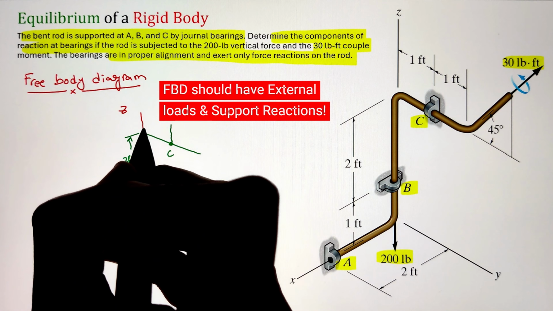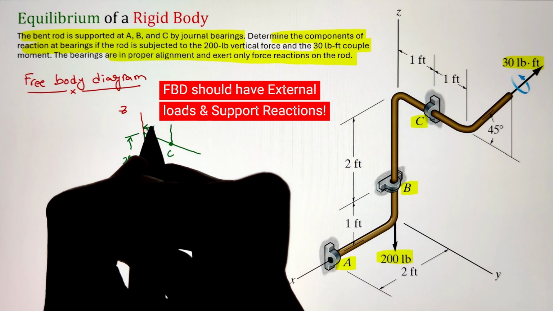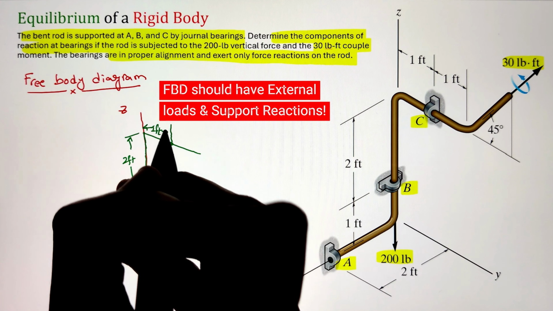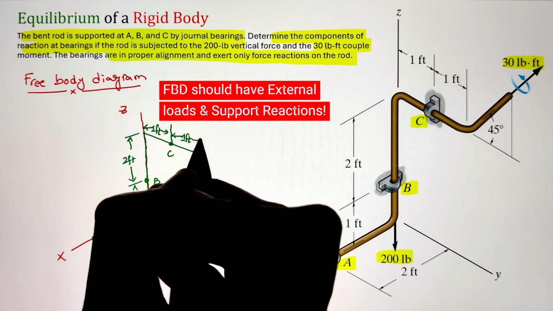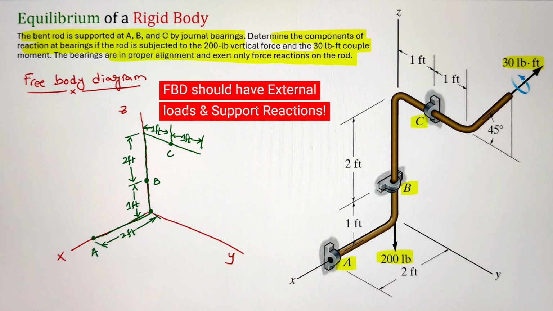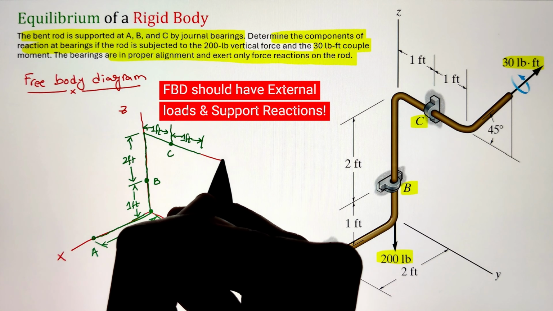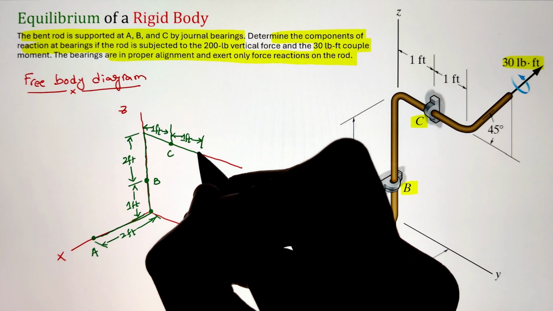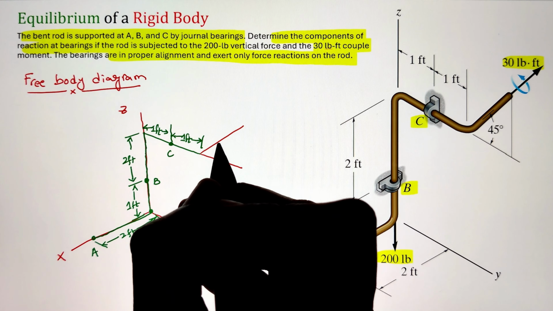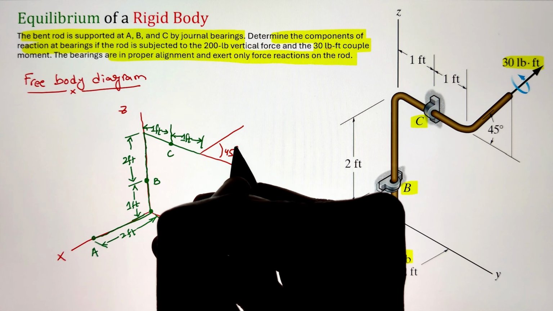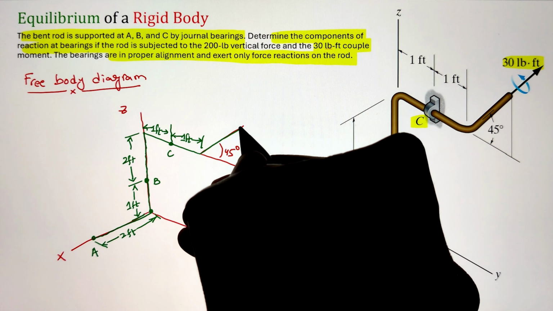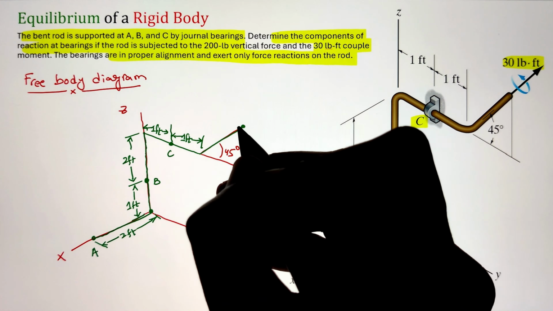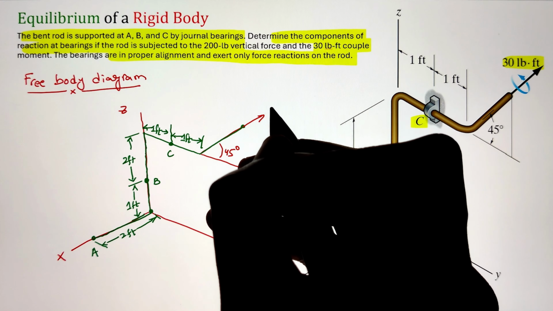Now, once we are developing our free body diagram, we don't have to give the cross section of the pipe since it is minimal in this case with respect to the dimensions and the force that is being applied. So that's why I have represented it with just a green line that is showing how the pipe is placed with respect to our axis. Now, once we have done that, let's go ahead and start applying our support reactions and